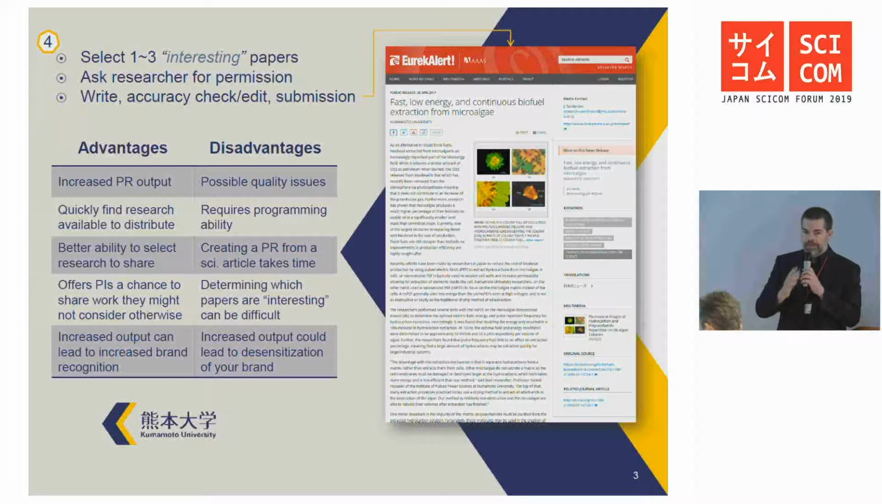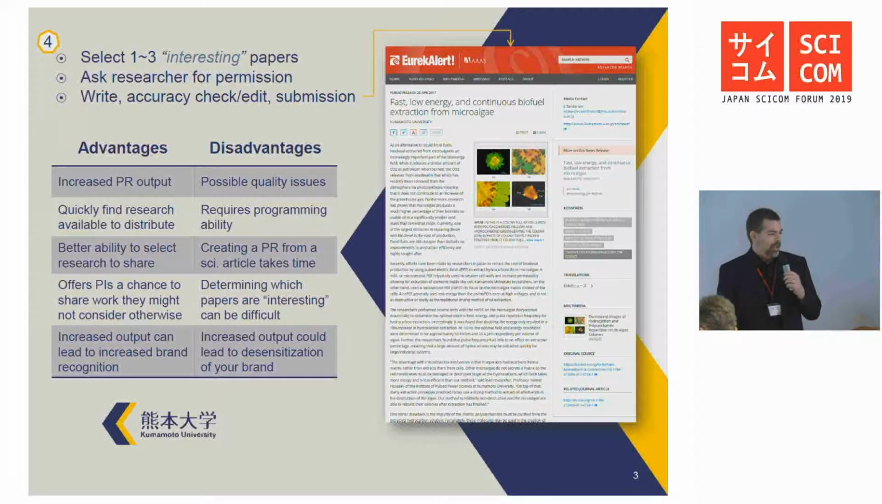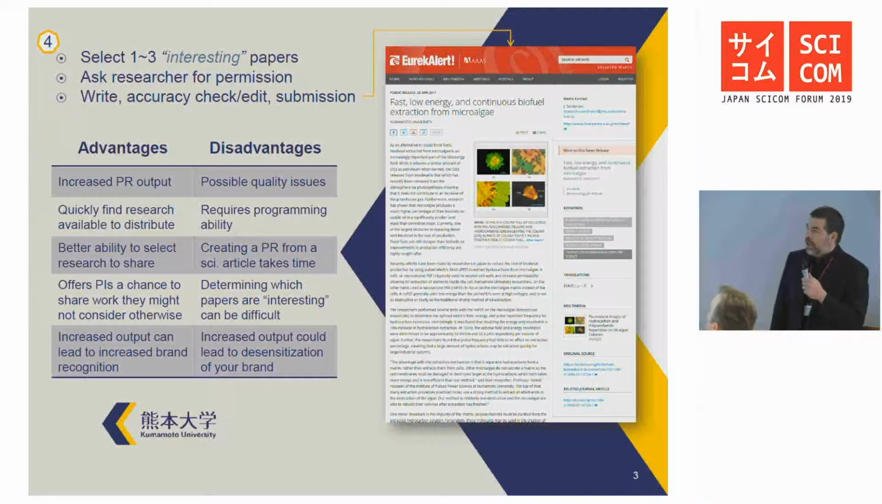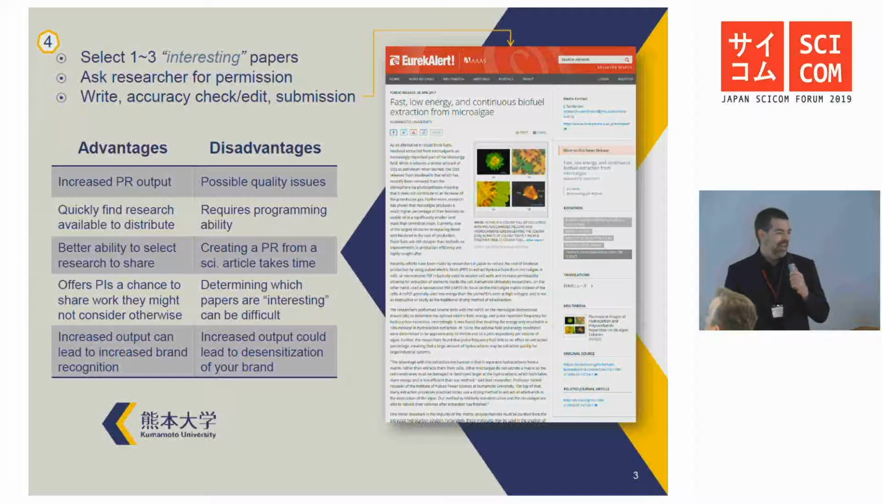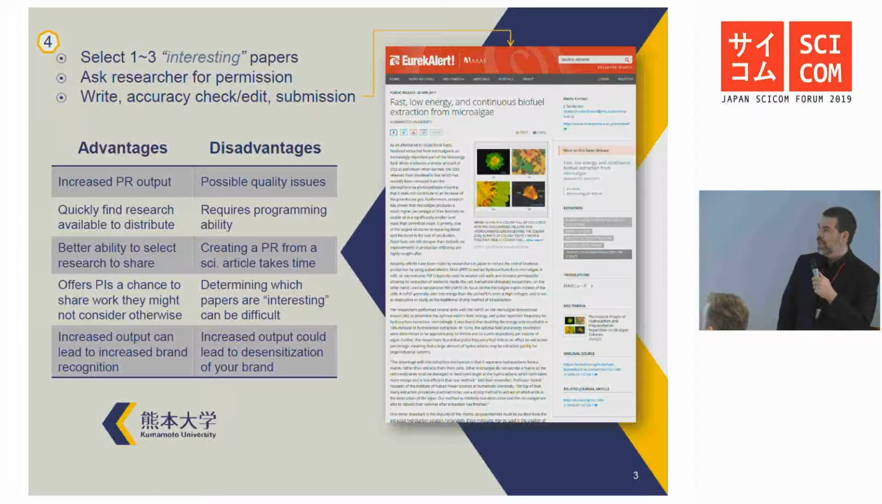Some advantages that we've found are that we've increased our press release output, and we're able to allow researchers to publicize some of their research that they might not otherwise have thought about publicizing. Some disadvantages: there might be some quality issues depending on how many papers are published for your university over the past 3 months. And